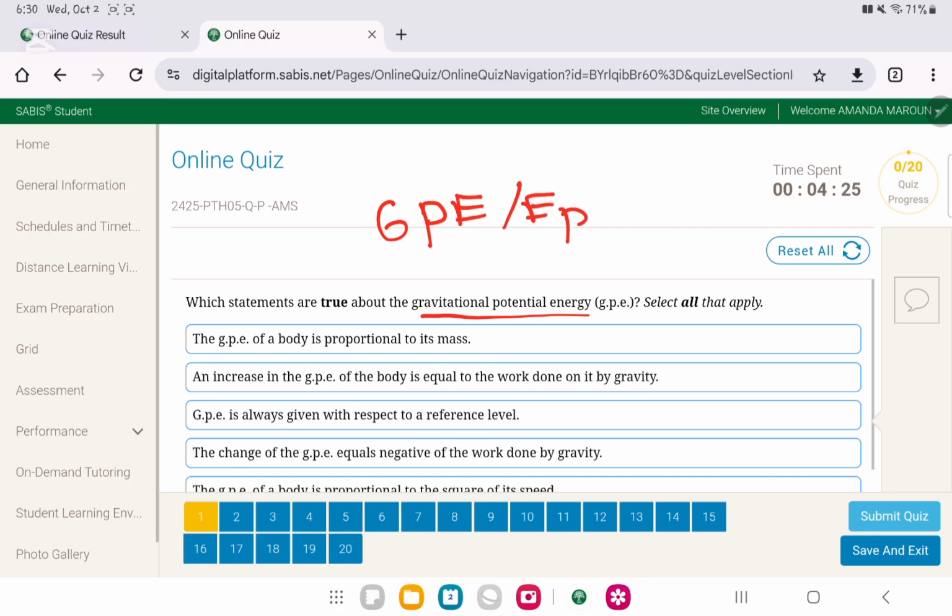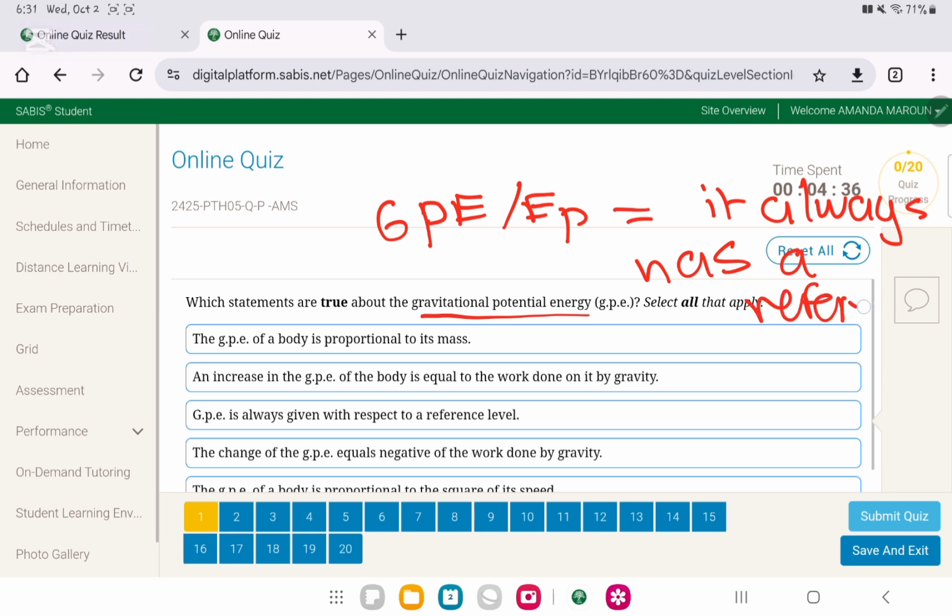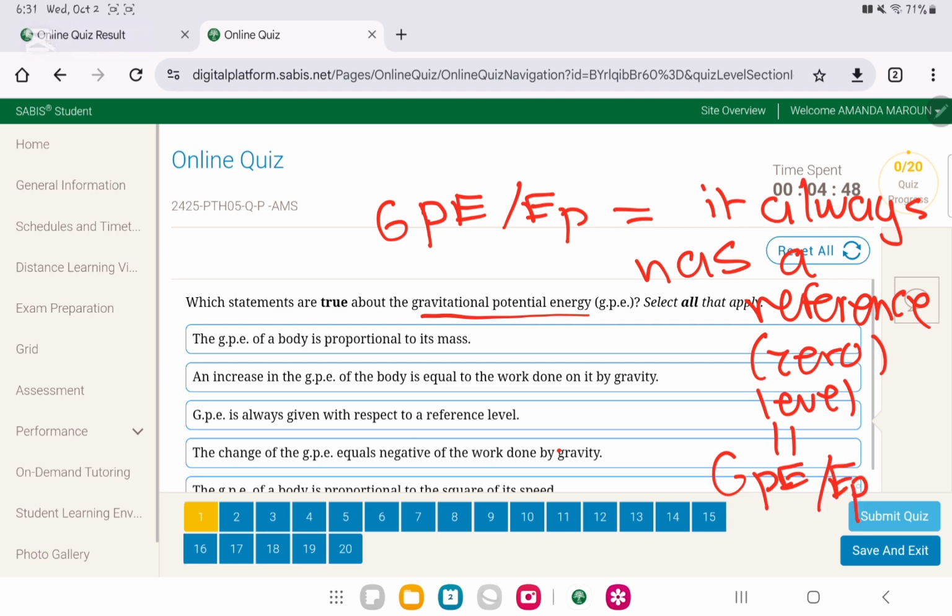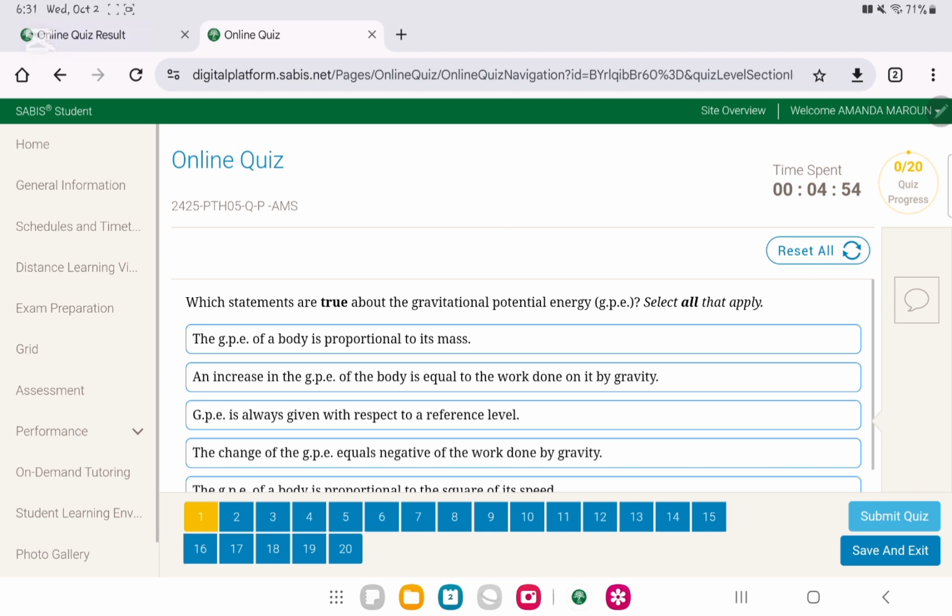Now what about this gravitational potential energy or GPE? It always has a reference or zero level. That means it always has a level in which the GPE or the EP is equal to 0. Next thing about the GPE is that the GPE or the EP is equal to the negative of the work